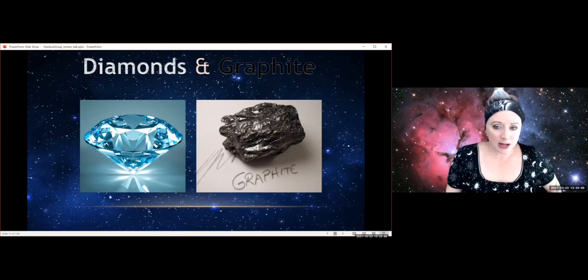Now, just to give you an inkling of the sort of things that are important in understanding dust and its interaction with light, because that's all we have when we're looking at stuff in space, let's imagine carbon. Carbon can be formed into all sorts of different forms that are called allotropes. The two most common ones are diamond and graphite. And we can see here, they interact with light quite differently.